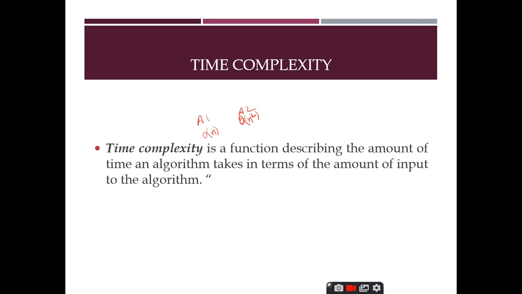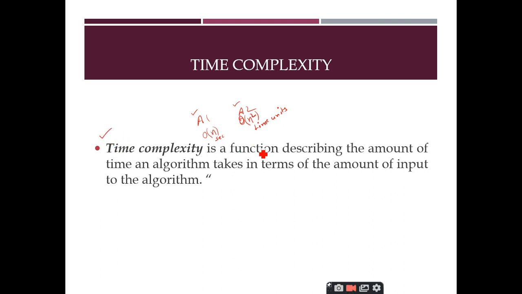This does not mean that the A1 algorithm is going to take n seconds or n time units, not only seconds, it can be milliseconds or microseconds also. Don't assume that. And similarly A2 is not taking n square time units. This is not the actual thing you should understand, right? Please remember that the time complexity is not the wall clock time. This is just a term that is given, that's it, right?